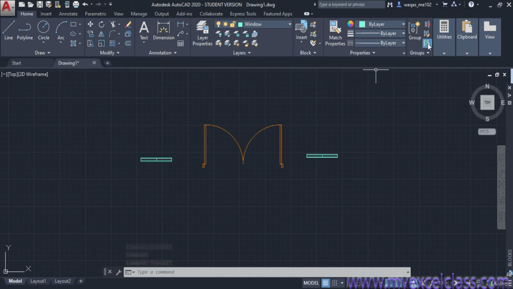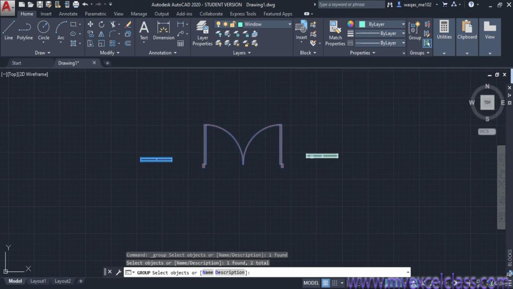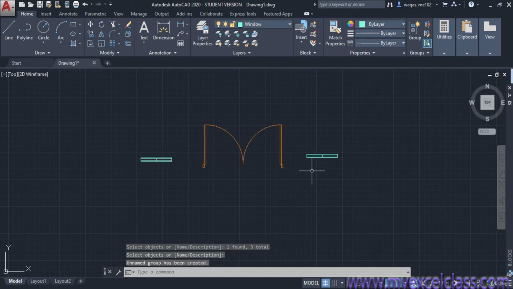And next one is the group selection on off. Well, what is this one? Before explaining this one, let me group these three. Group, select object, click enter, and now this is one group.